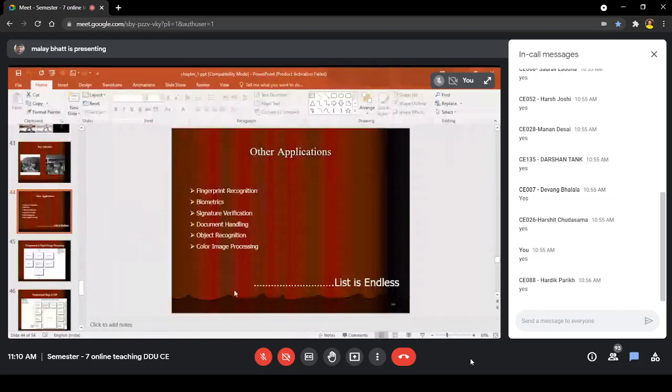Also in the agriculture field, you will find that there are various databases of fruits and vegetables, and there is a need to identify which fruit is there, to recognize that fruit or vegetable. Also, if that fruit is raw or it is ripe, that also needs to be recognized. So it is also one application of image processing. You take a picture of a mango and, based on the color and size and shape, you can decide whether it is ripe or it is still raw. So that's what you can do.